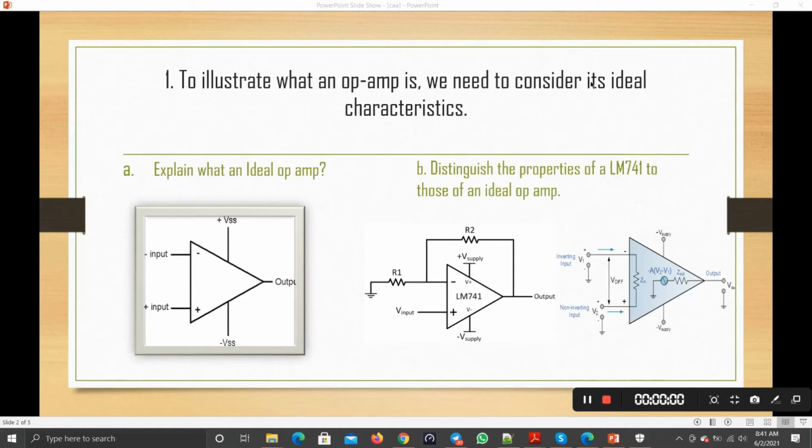Okay, the next question is to distinguish the properties of an LM741 from those of an ideal op-amp. This is a figure of the LM741, and this is an ideal op-amp. From the datasheet of the LM741, the large signal voltage gain is 200 volts per millivolt. It means an open loop gain of